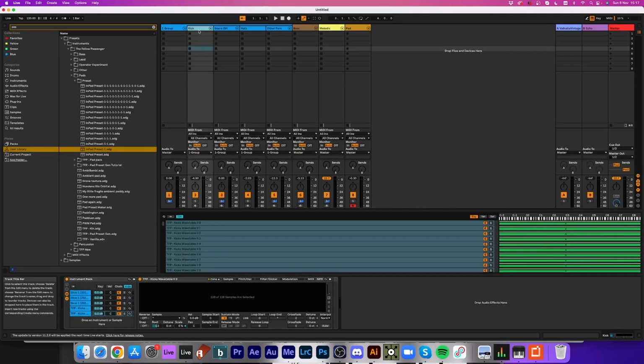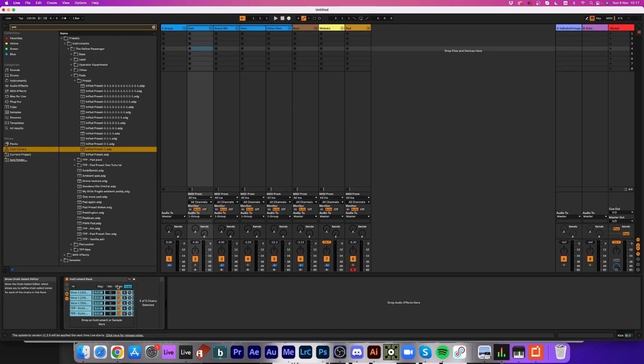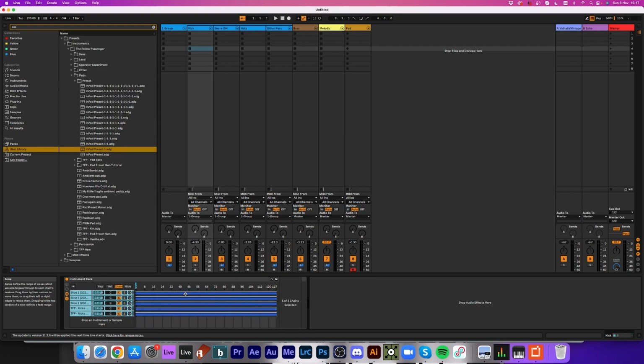The other thing I need to do is go through them all. So here we got a bunch of different kick libraries, and I'm going to select them all and click on chain, drag these out, and then distribute ranges equally. So got a nice kick library there. So we can access the different